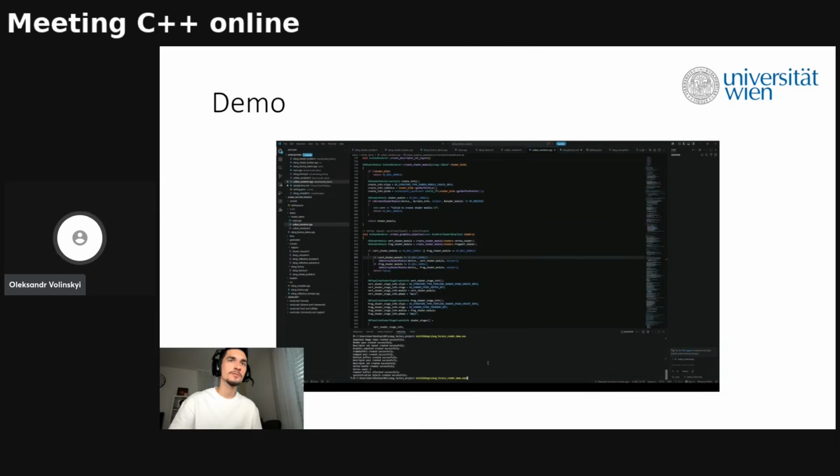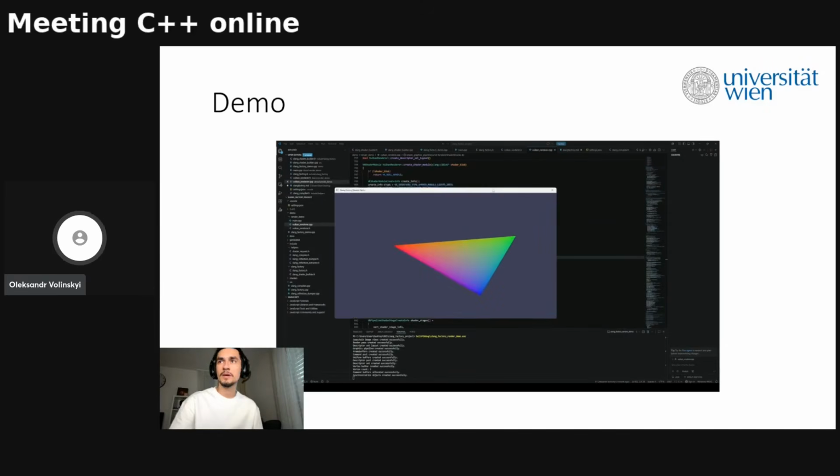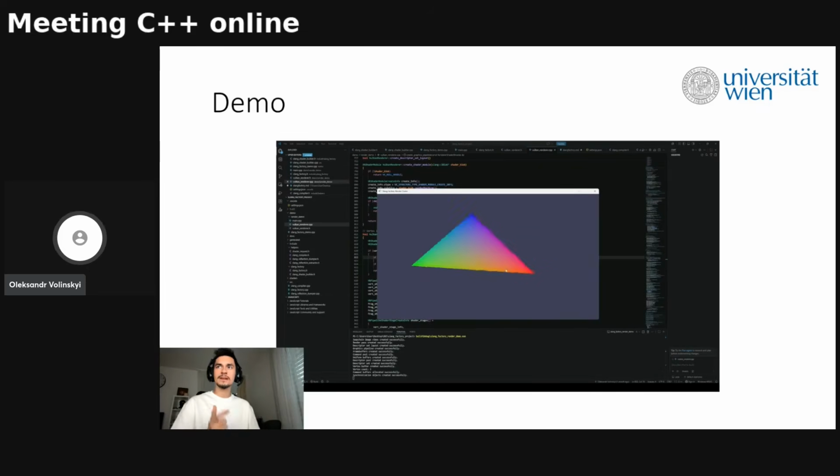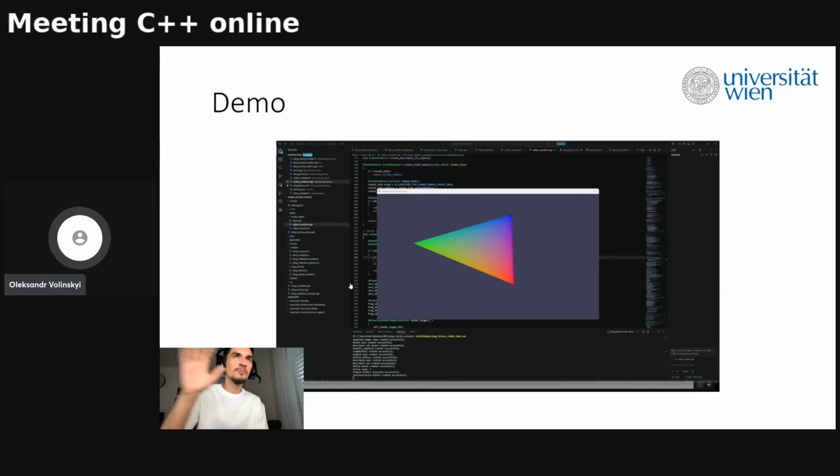And then we also have the third demo scene, and that's the animated triangle. Now the animation is done purely with the MVP matrix, the model view projection. So the triangle stays the same in one place. The only thing that changes is basically the model view projection matrix. It's also great because it shows that we can work with parameters of shaders. So we can change the model view projection matrix, and it seems to us like the triangle is animated, but the triangle stays in place. It's just the model view projection matrix that changes.